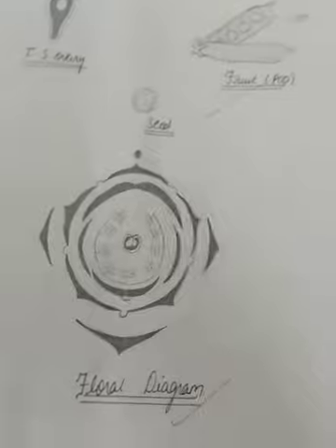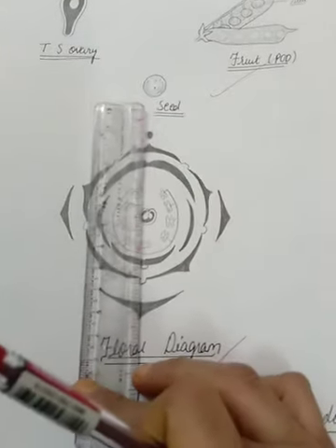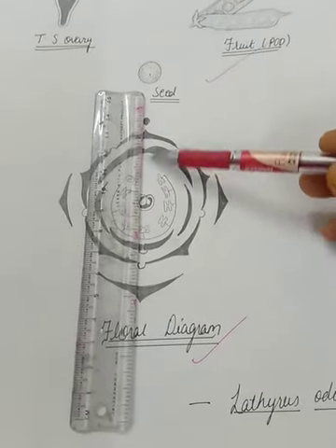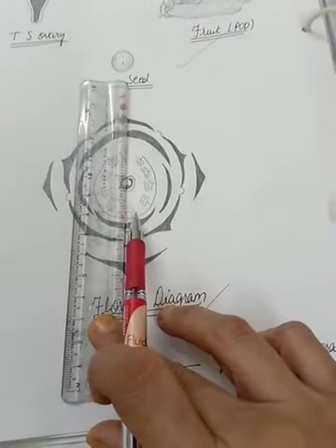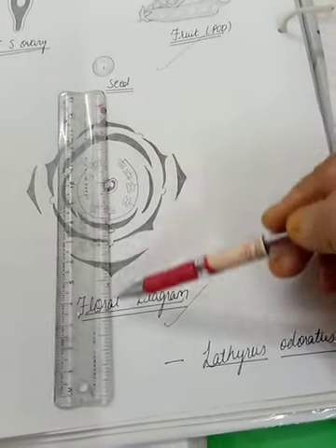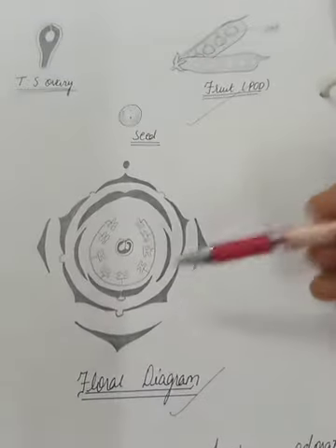Again, how to draw it I have already told you. Once again I'll tell you, keep a scale, a ruler, and first draw a straight line with a pencil. This is your imaginary axis. That means within this line all things should fall in one straight line, and the left half should be exactly the replica of the right half. So this rough line can be removed later on. This is for your own understanding, that things should be very proportionately drawn. You can remove the line that you draw as the axis for your own self work.